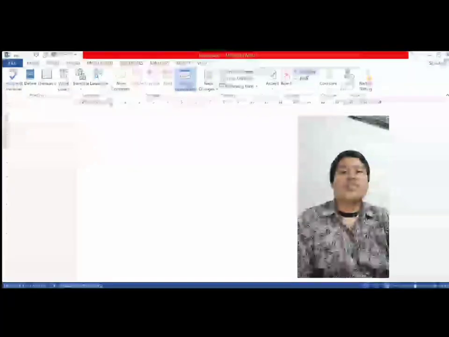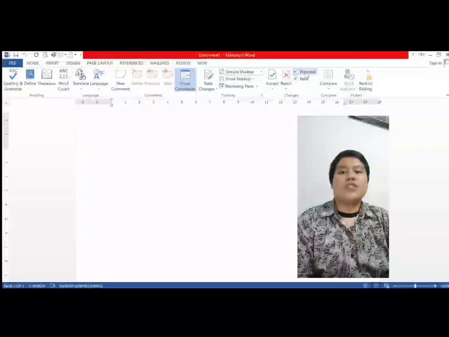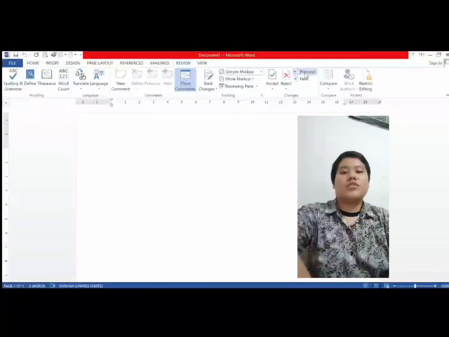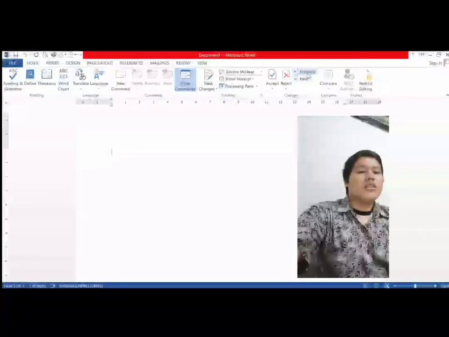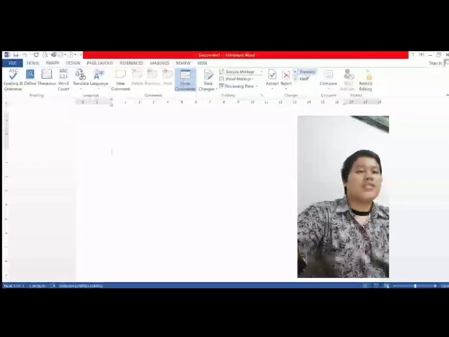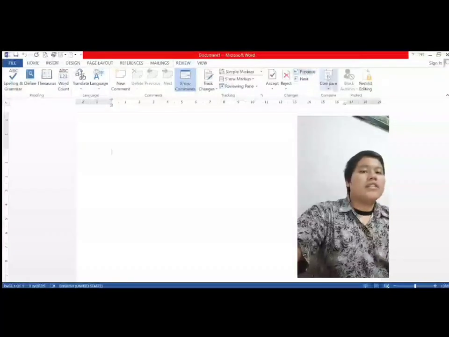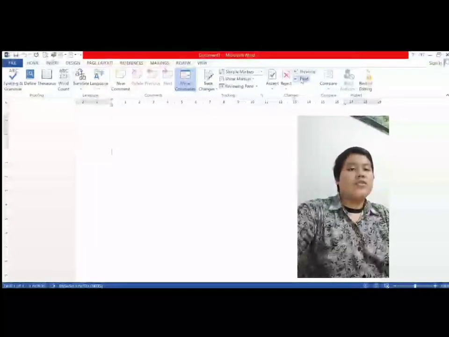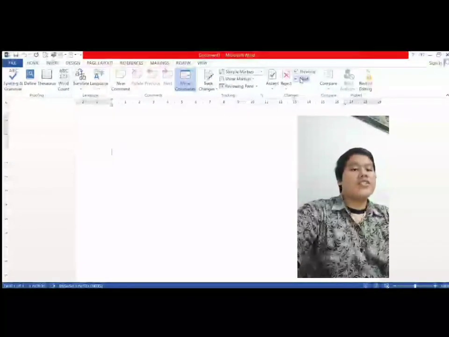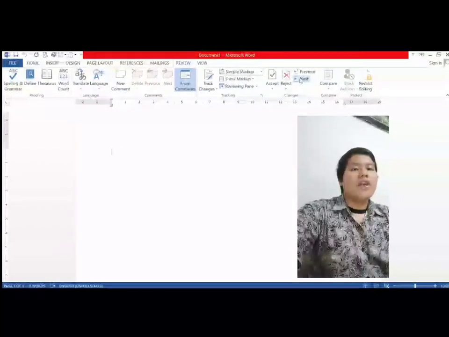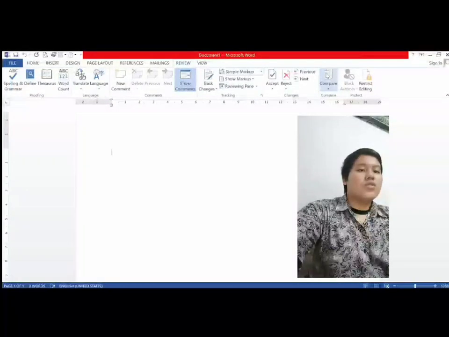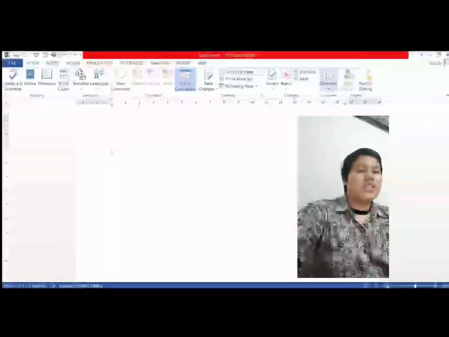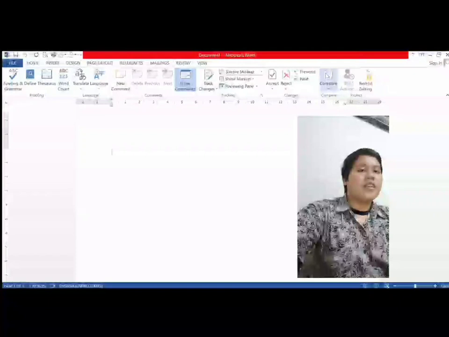Previous icon is a function to jump to the previous track change. Next icon is a function to jump to the next track change. Compare icon is a function to compare two documents to see the differences between them.